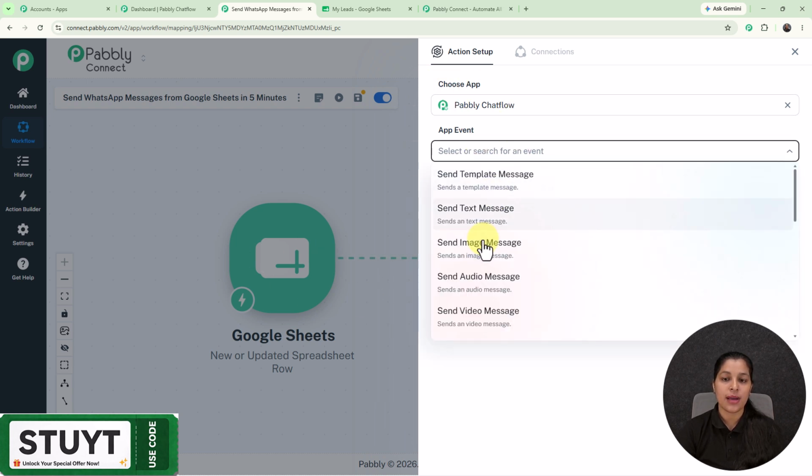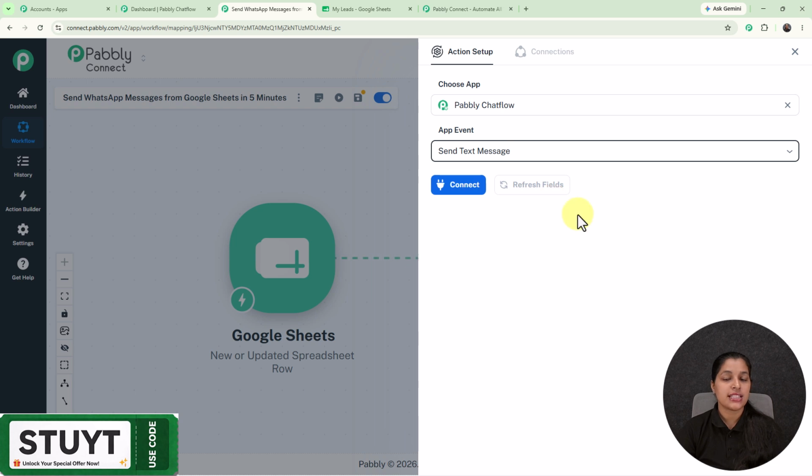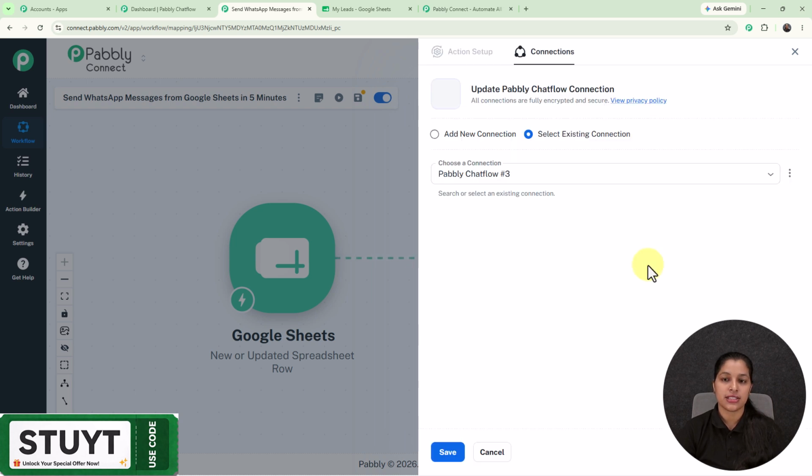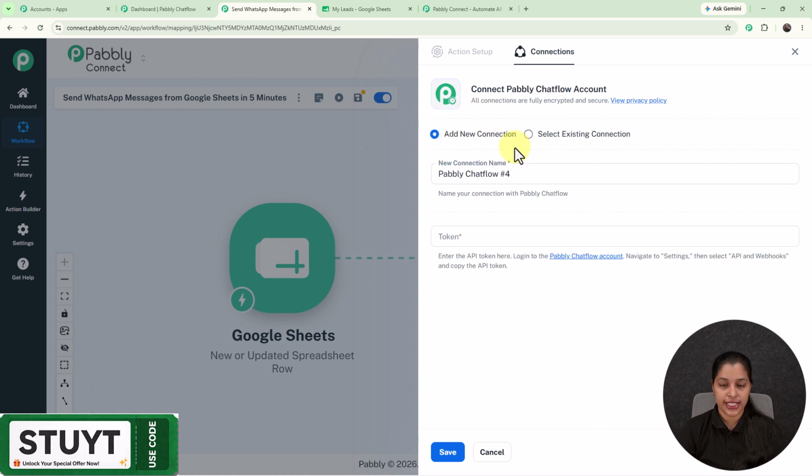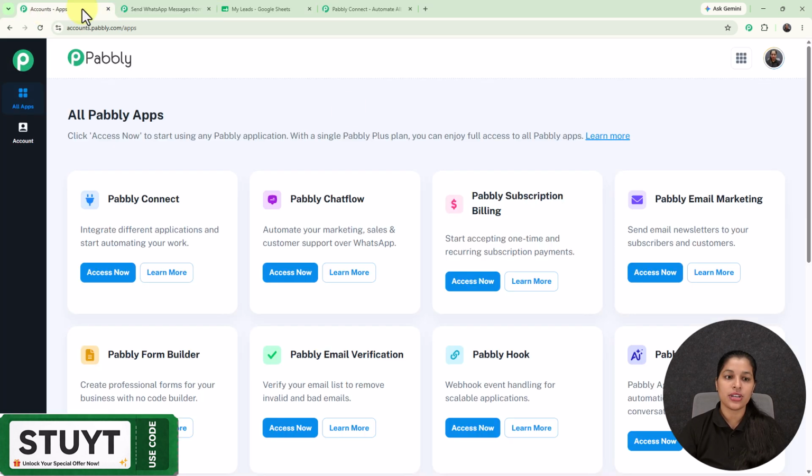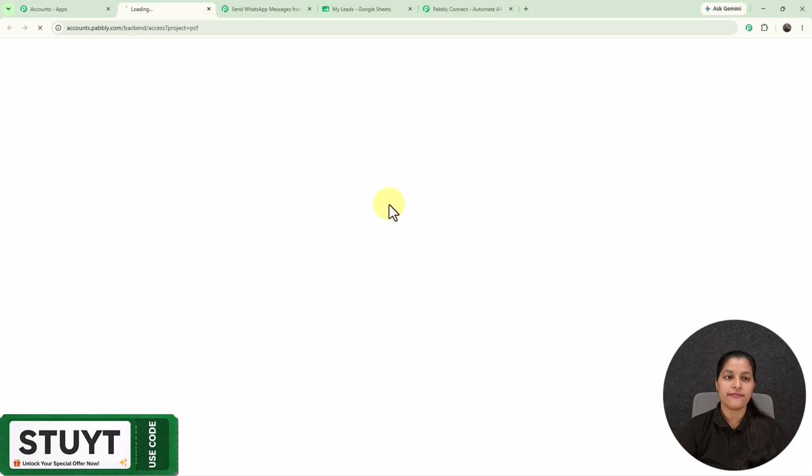Now let's select the app event as send text message. Now let's click over this connect button, and right here we are on the connection page, where for building a new connection you have to select this button of add new connection, and here we have to enter the token. And for getting this token you have to access Pabbly Chat Flow. So as I have clicked over this access now button,